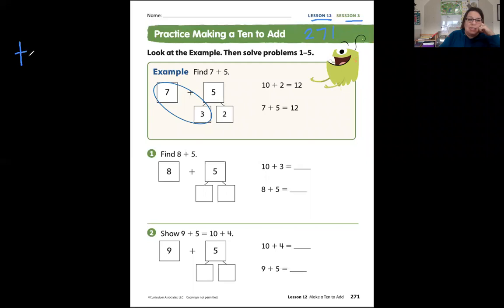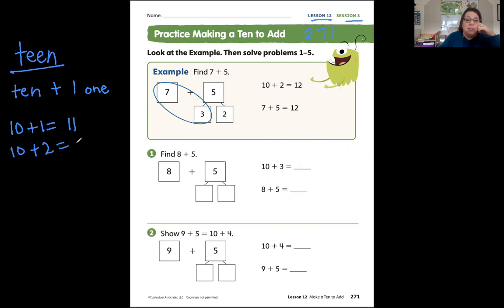When we are making teen numbers, we have a group of 10 plus at least one 1 or 2 ones or 3 ones. So here we go. 10 plus 1 equals 11. 10 plus 2 equals 12. 10 plus 3 equals 13. 10 plus 4 equals 14. 10 plus 5 equals